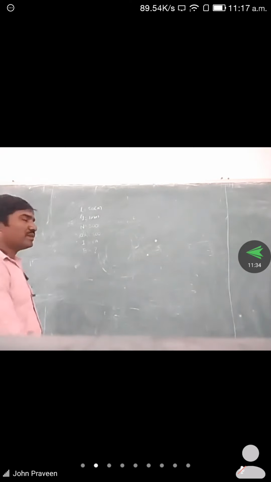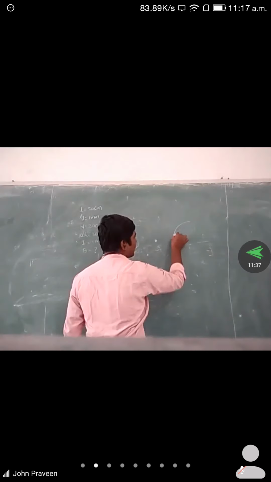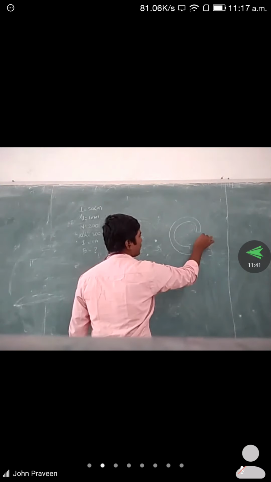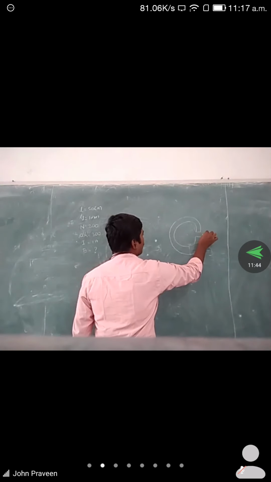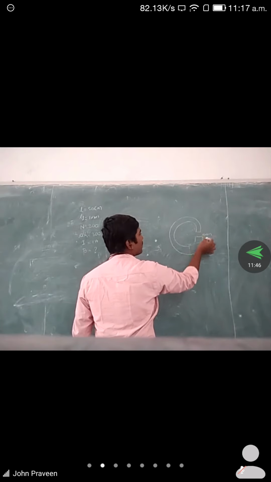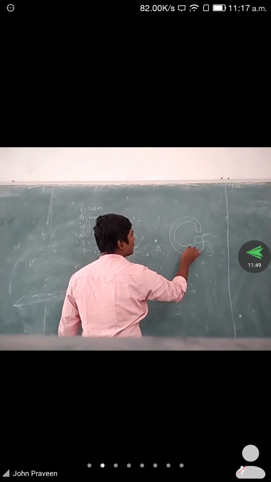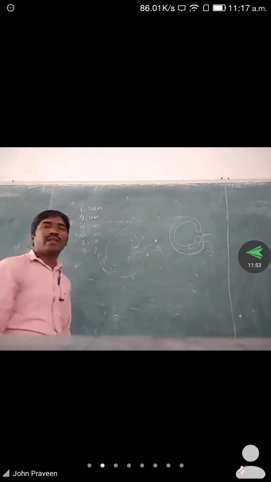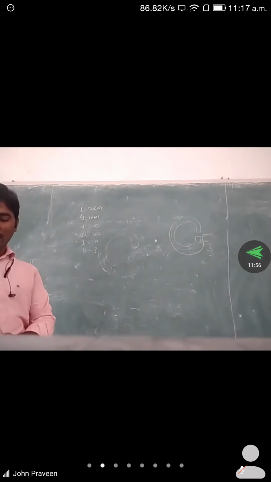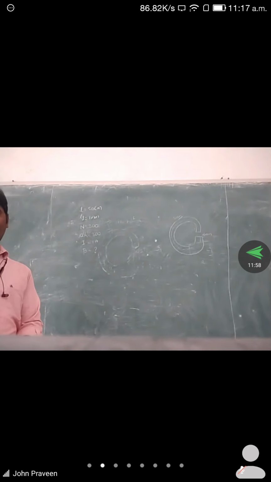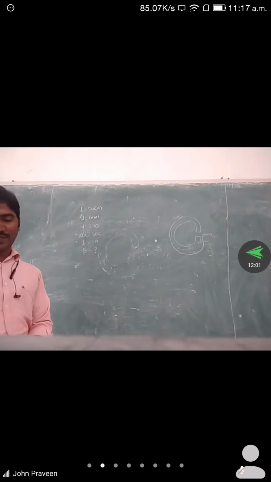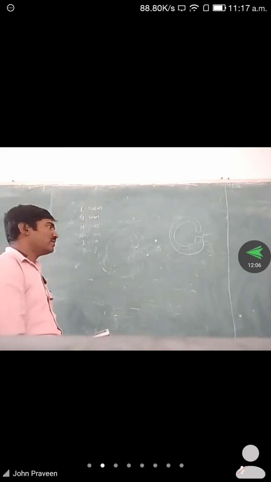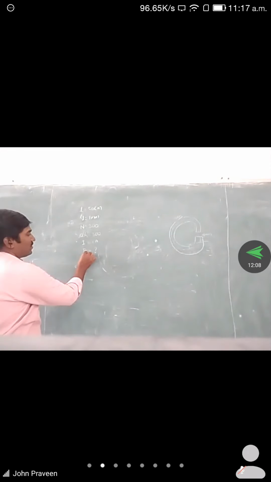If you draw the diagram for this, a circular ring core is given. The air gap is provided, and the air gap is 1 mm. The remaining mean length is 50 centimeters, which means the total length is 51 centimeters. So that is the data given. What we want to find out is the B value.